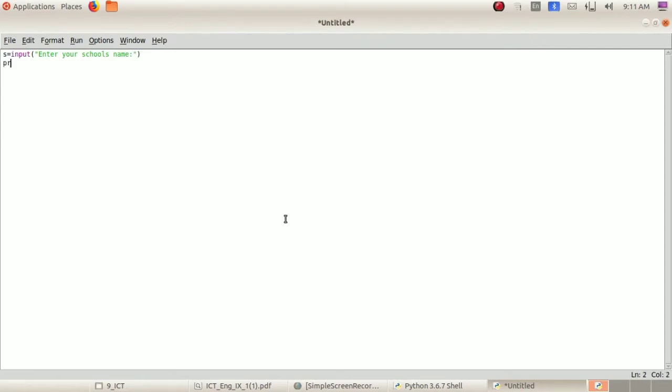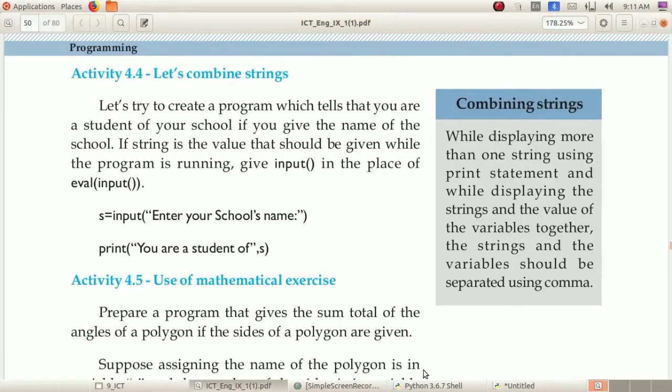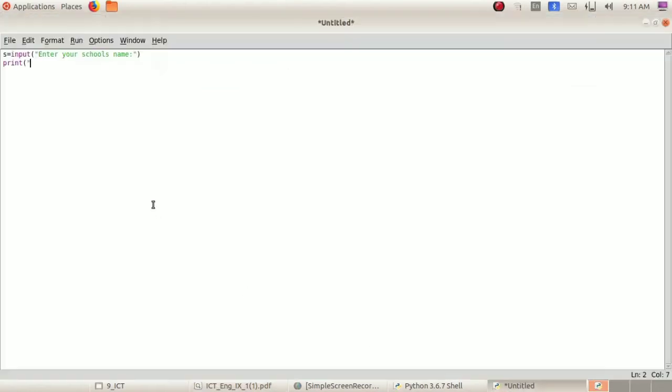After that you can give the instruction print of. What can be given?